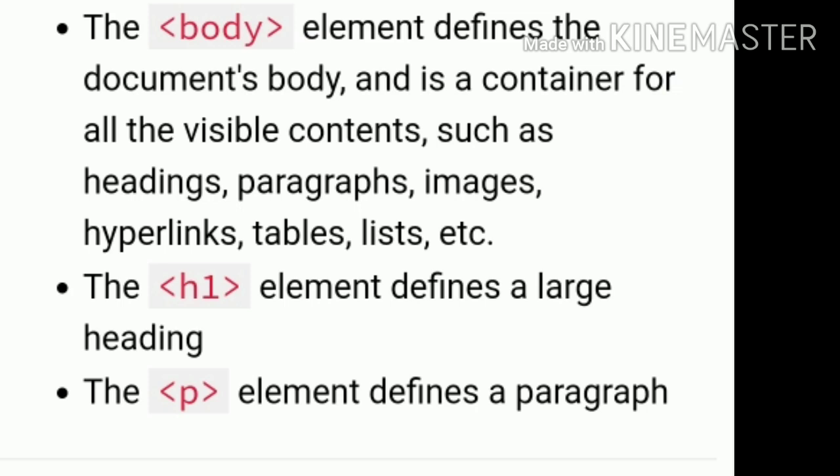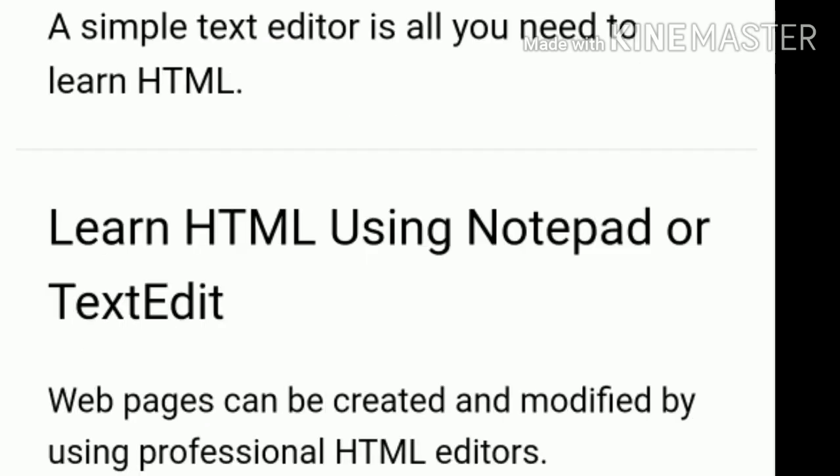An HTML element is defined by a start tag, some content, and an end tag. It has the tag name, then the content goes here, and then a backslash with the tag name. In this way, the points are discussed.